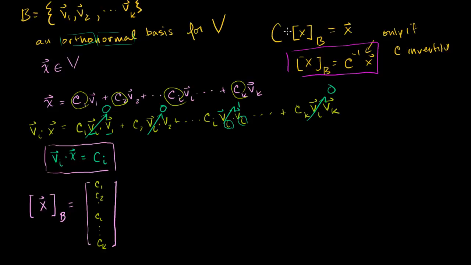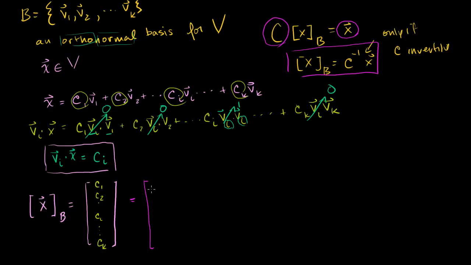But if C isn't invertible, then you're just going to have to solve this equation. You're going to have something on the right-hand side here. You're going to have a change of basis matrix, and then you're going to have to solve that equation. So for an arbitrary basis, that can be pretty painful. But what do we have here? We have a very simple solution for finding the different coordinates of x. So this is the same thing as being equal to